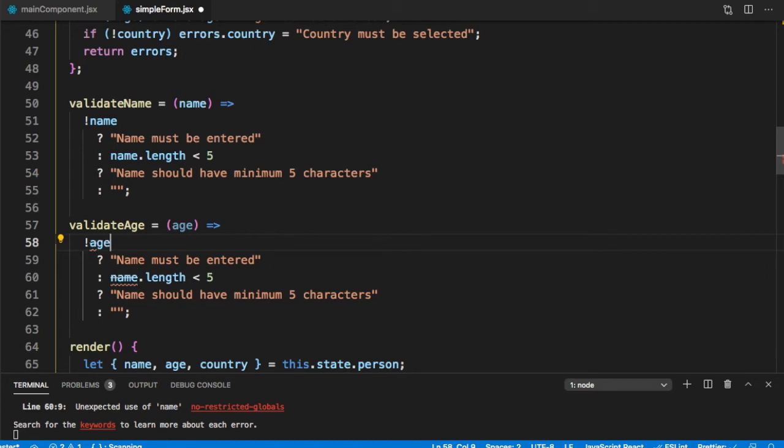So if not age, then age must be entered. Otherwise, what do we need to do? We need to say age less than 21 or age greater than 75.